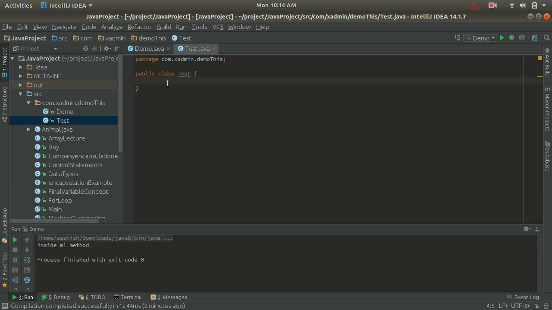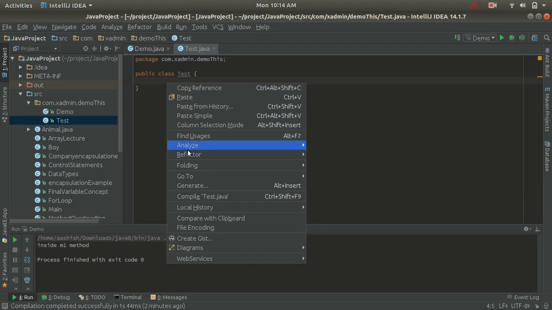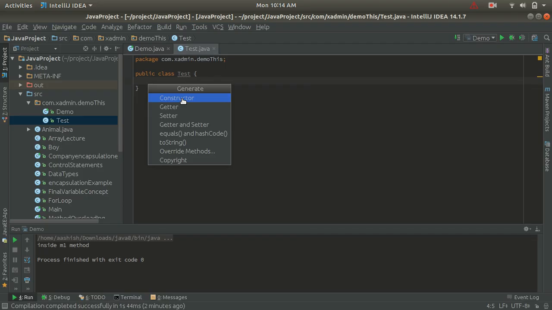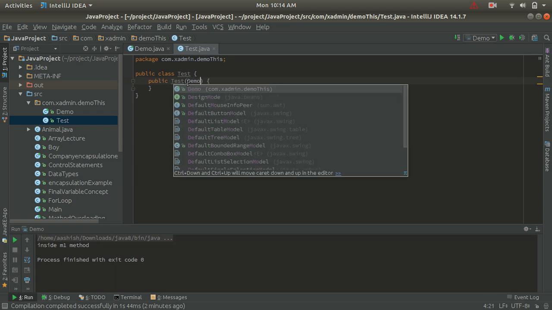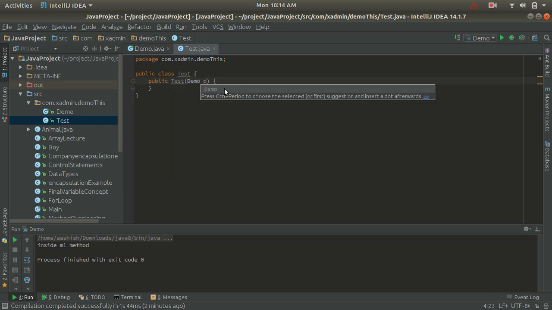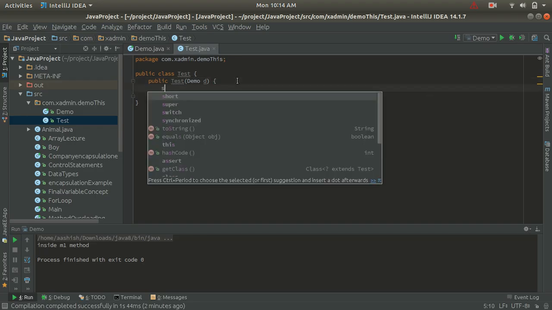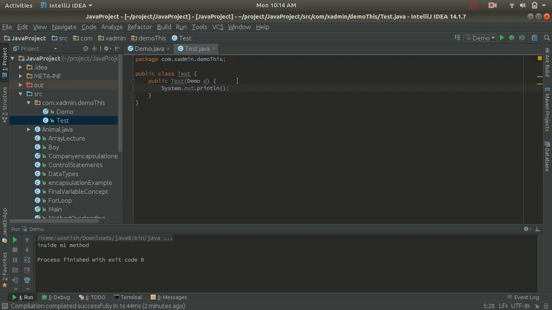let's generate a constructor. Okay, so I have created a constructor, and here I am passing a Demo class reference as an argument, and inside this constructor, let's say I am doing System.out.println and displaying some message, "Test class constructor", right?